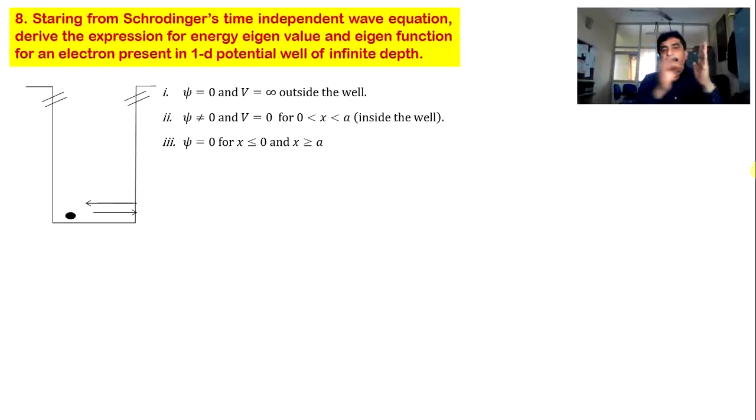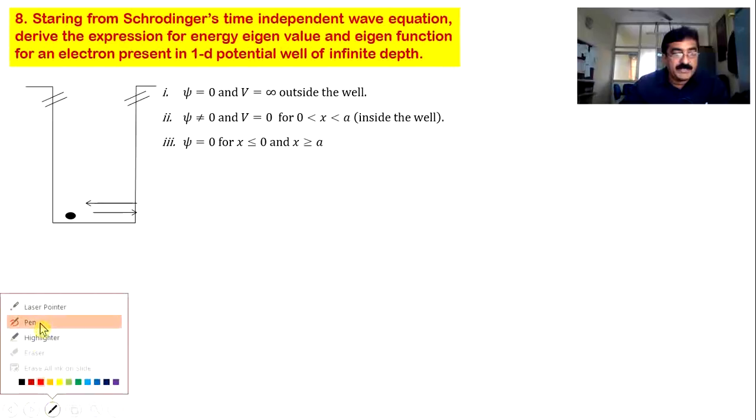So each time the particle hits the wall, either the wall at x equal to 0 or the wall at x equal to a, the collision is perfectly elastic. Therefore here also you cannot locate the particle. So x equal to 0, probability 0; x equal to a, probability 0. With this much of boundary conditions, now let us start with the derivation. This is a slightly lengthy derivation. Now I will take it up step by step.